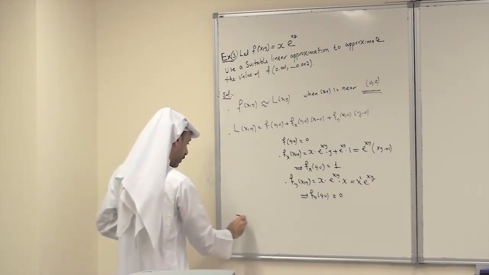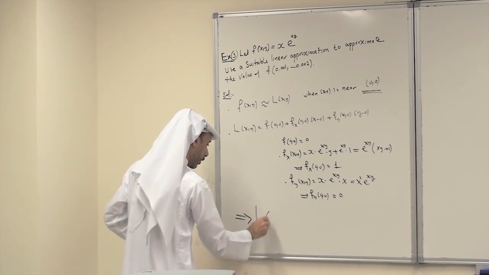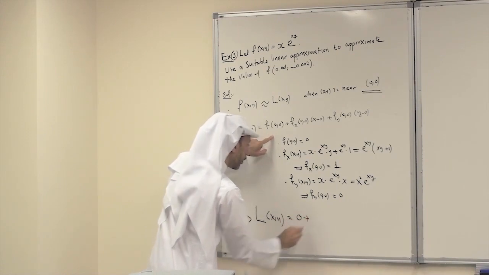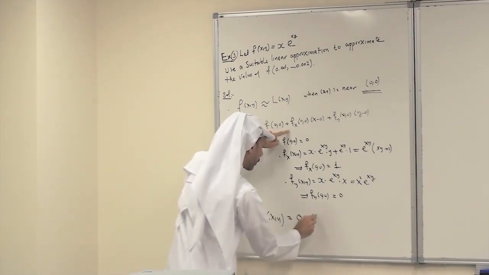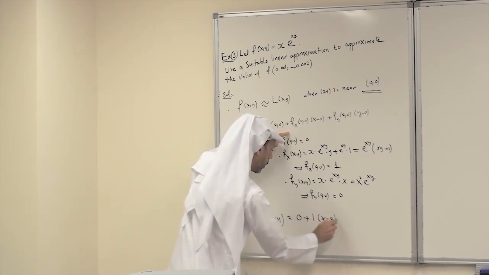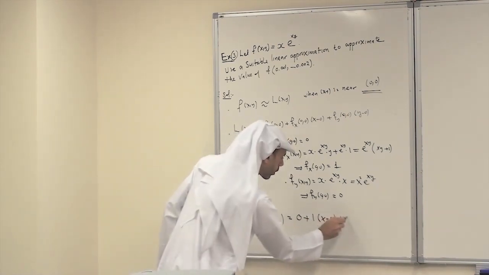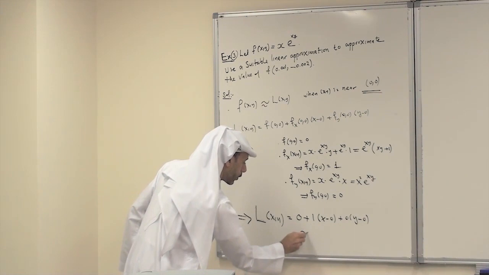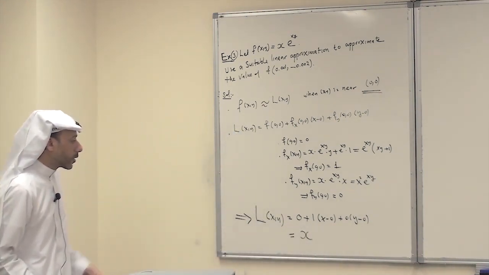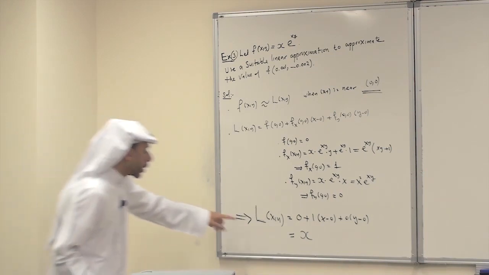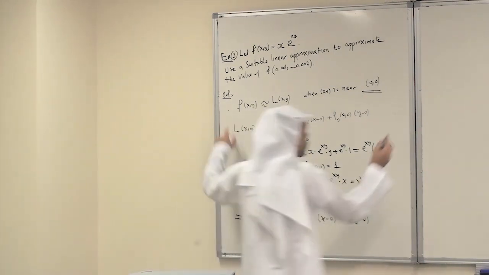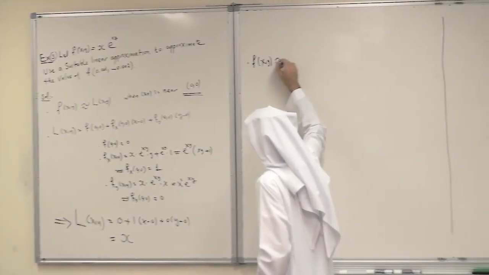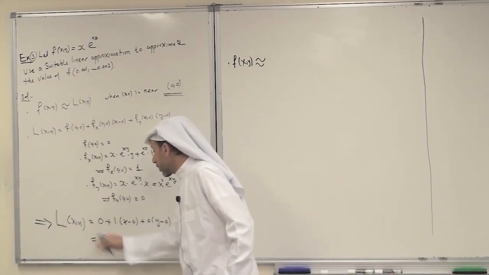Substituting, this gives us the linearization L of (x, y) equals 0 plus f sub x, which is 1, times x minus 0, plus f sub y, which is 0, times y minus 0. And this is just x. So this is the linearization. From the linearization, we get the linear approximation. So now, this gives us f of (x, y) is approximately equal to L of (x, y), which is just x,